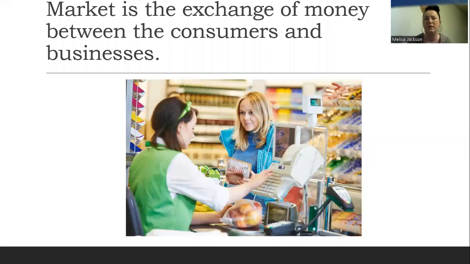Same thing if you go online. Let's say you go online to Amazon and you purchase 16 bath towels, right? Then you give your credit card number or your debit card number, and reciprocating, you get those items back. You get them delivered to you in X amount of days. So it's an exchange between the consumer and the business. The business in turn can invest the money, can expand their business, can hire more employees and things like that. So it's very reciprocal in that way.